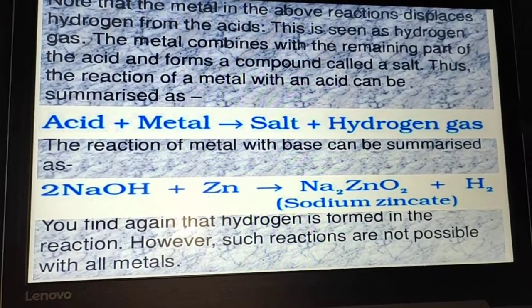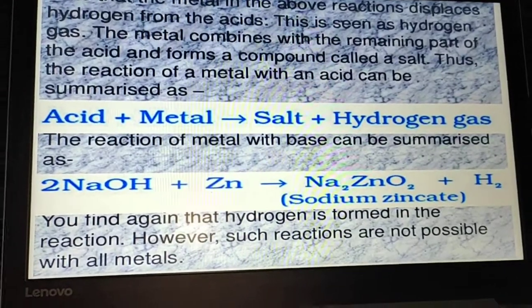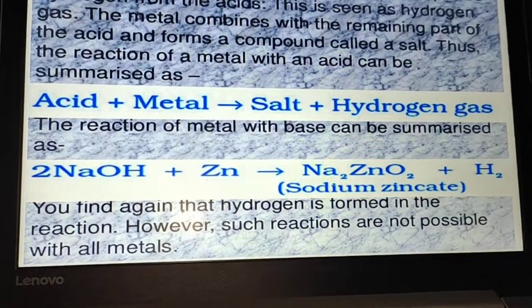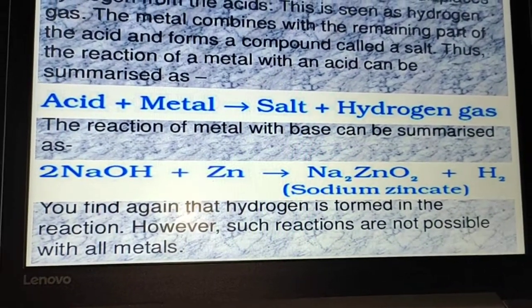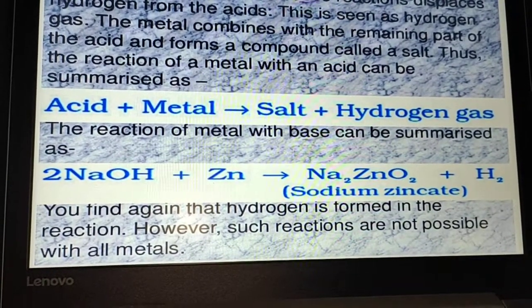Now we are dealing with the base. So when a base is reacting with a metal, what is the reaction? It is one of the important reactions of this chapter which comes many times in the exam. So 2NaOH plus Zn gives you